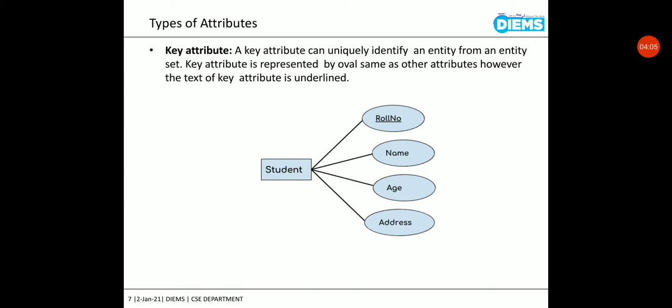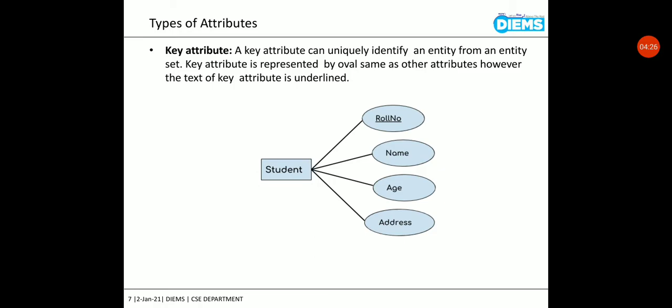The first one is the key attribute. Now basically a key attribute is one which can uniquely identify an entity from the entity set. Consider the student as an entity. So for the student entity we have different attributes like roll number, name, age and address.